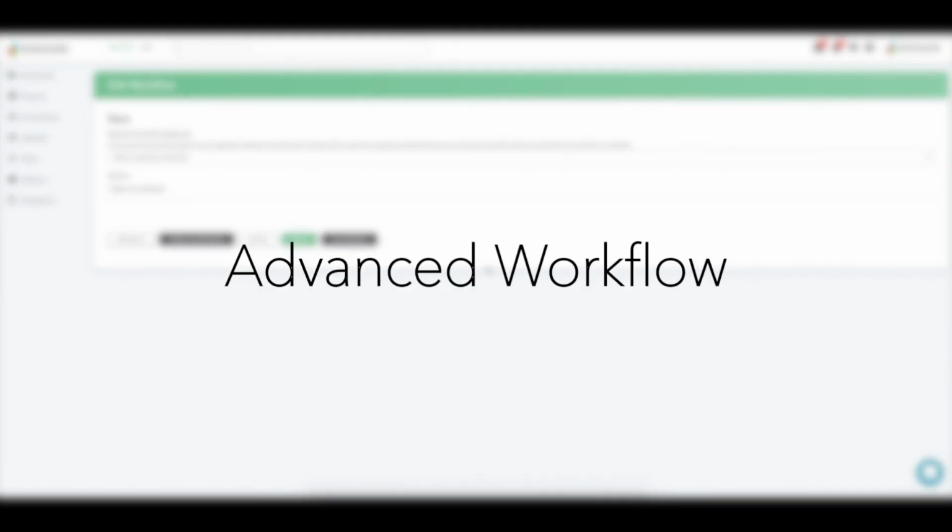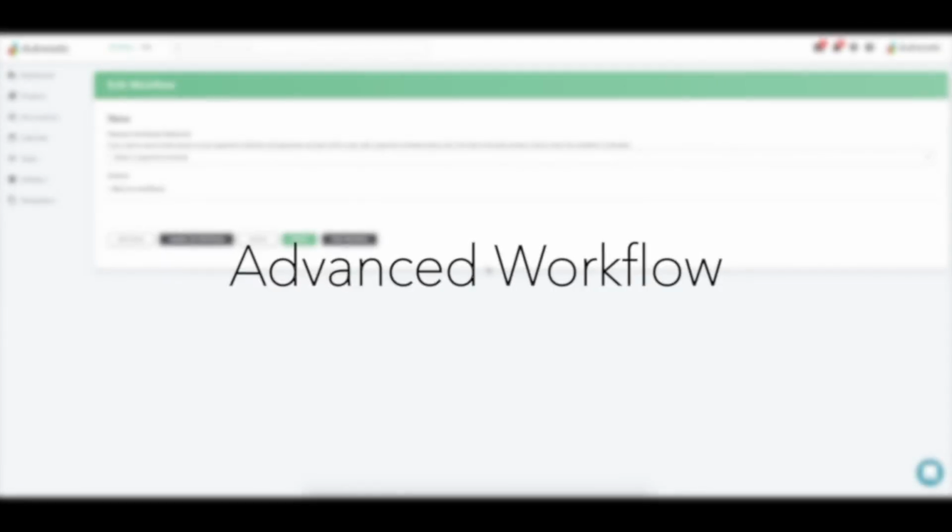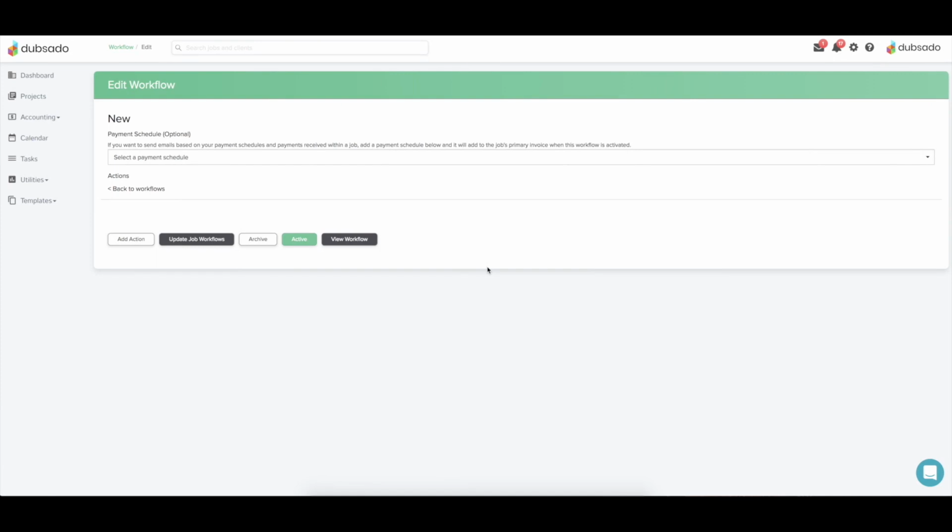This is the advanced workflow tutorial, and in this video we are going to be going over every action, every trigger, and some different tips and tricks that you can use that will help optimize your process and also your workflow building. A few things on this page before we go into the actions is the ability to add a